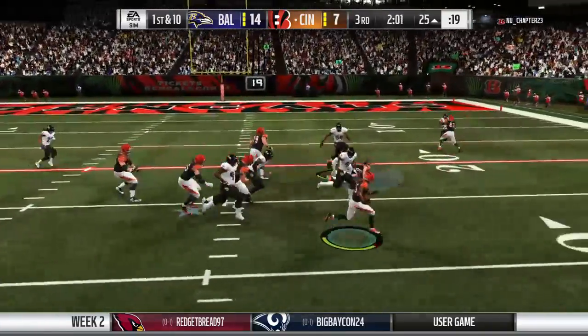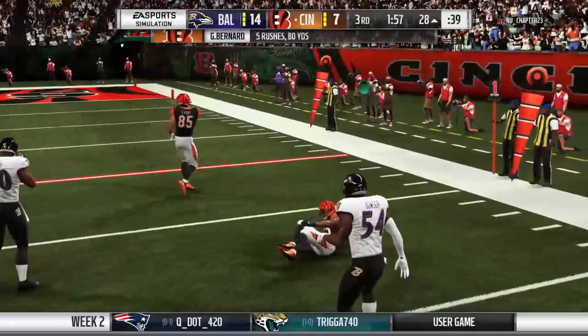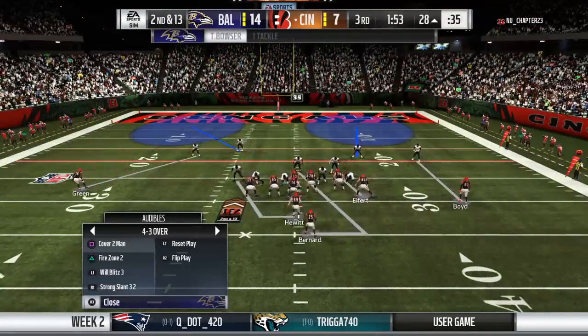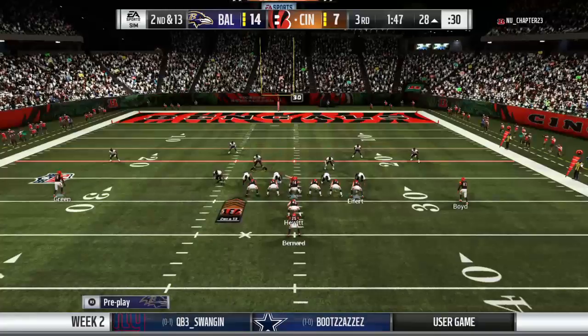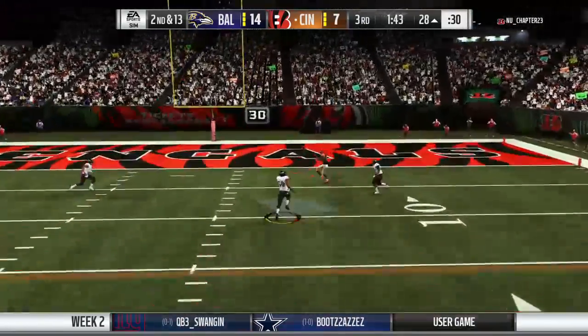Running game working. They'll stick with it on first down. And he'll lose yardage here, going down back at the 28. A loss of a full 3 yards, and now it's second down. Brandon, we're into the second half, and this offense has not scored a lot of points, and that was another example of why. I think it's time to open things up and start really...